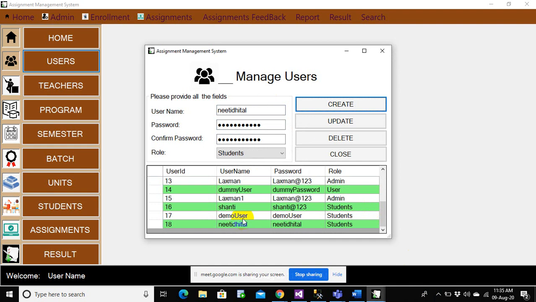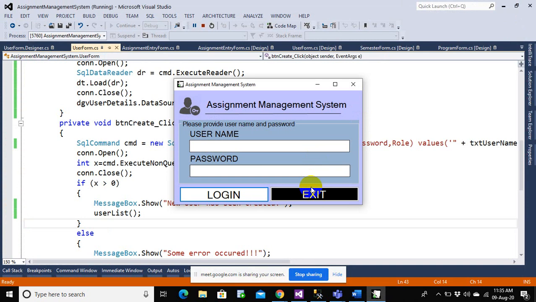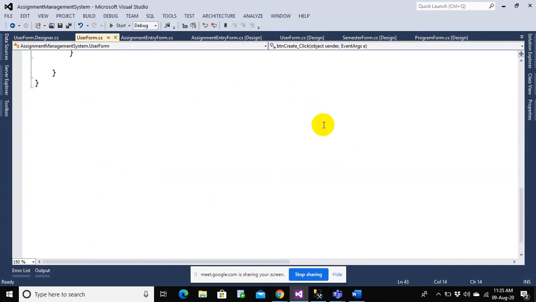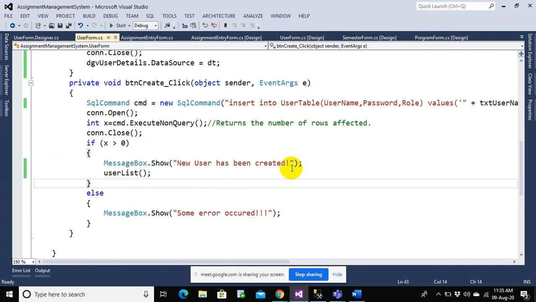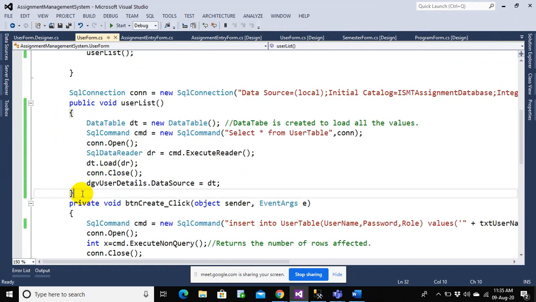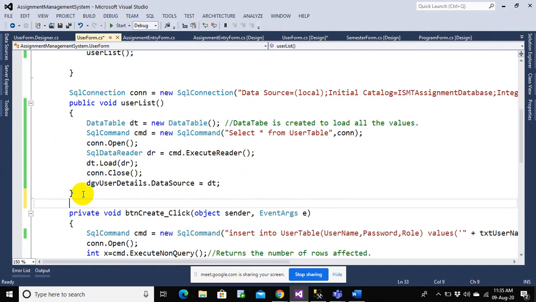Now let us see whether the user is created out here. Alright everyone, so we created it, and still you can see once I create a user, these fields are not blank. I still want this to be blank, so for that also let me write some logic. Actually I could have written a different logic. I could have just created a general function, called it anywhere, but let me make it simple for right now.